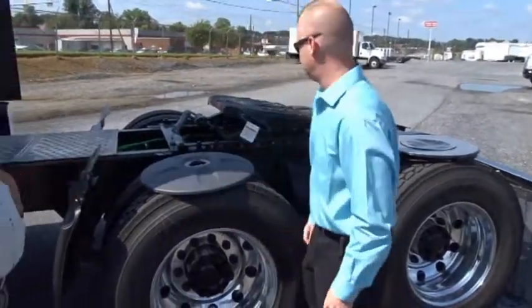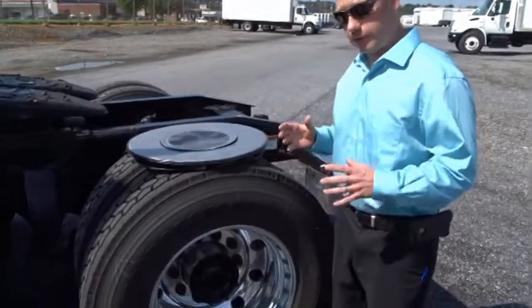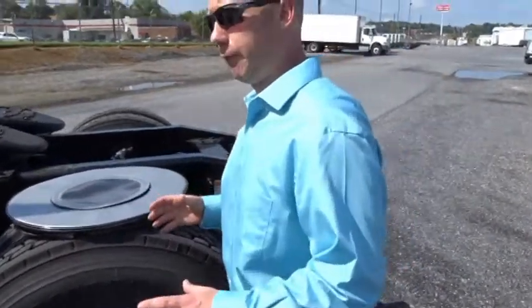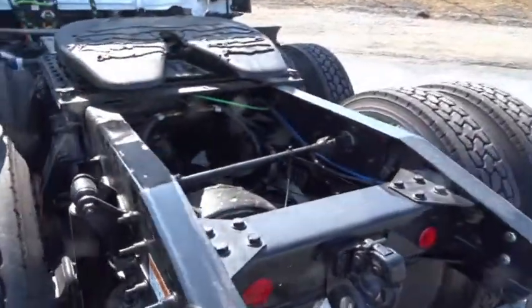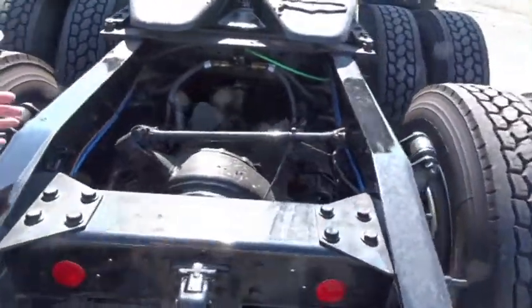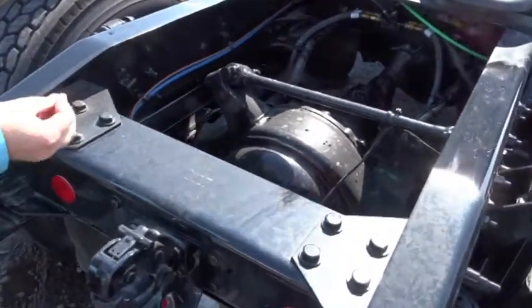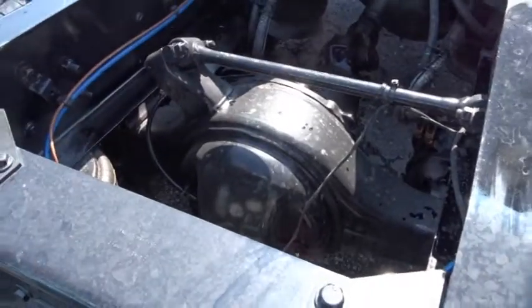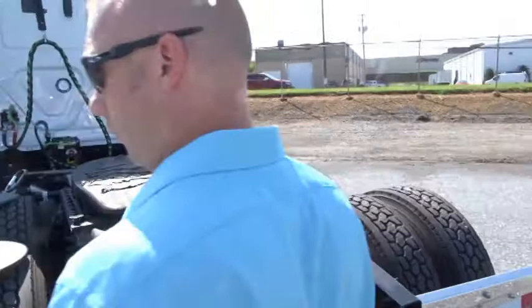Money in your pocket. Our axles, okay? We have a fully integrated power system. All our powertrain is fully integrated. We have an axle lube management system. You say, what is that? In our axles, it's an option that you can have an ALM system. It applies oil when it's needed to the ring and pinion gear. So instead of it just constantly slapping oil, which is going to reduce your fuel efficiency,